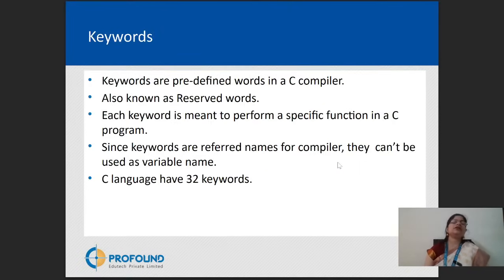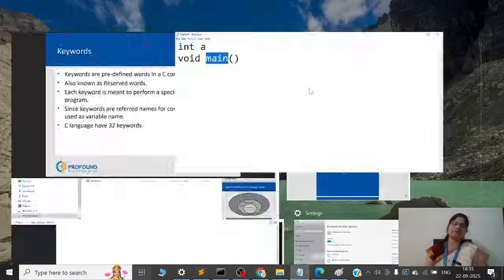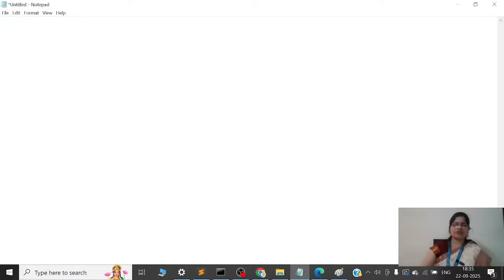Then there are different keywords. Keywords means reserved words. Keywords are predefined words in the C compiler, also known as reserved words. Each keyword is meant to perform a specific function in a C program. Since keywords are reserved names for a compiler, they can't be used as a variable name. C language has 32 keywords. So which keywords does C language support?